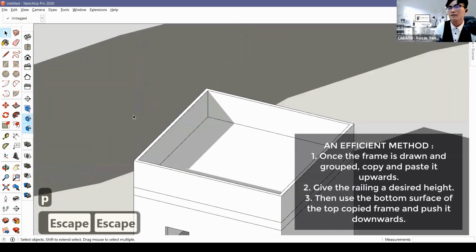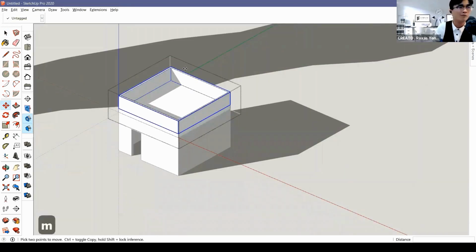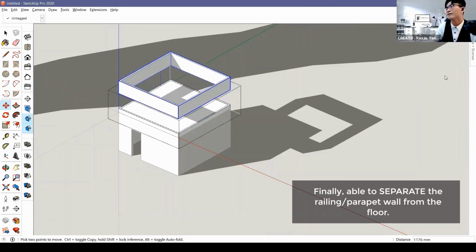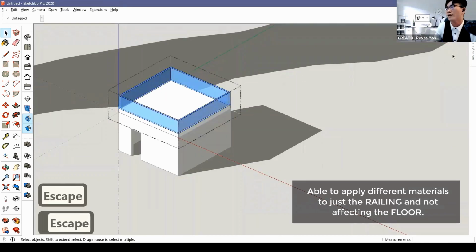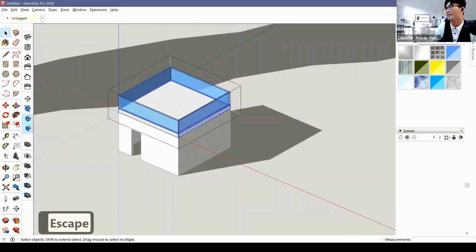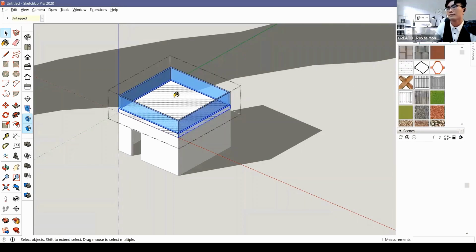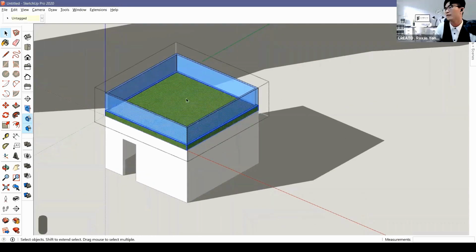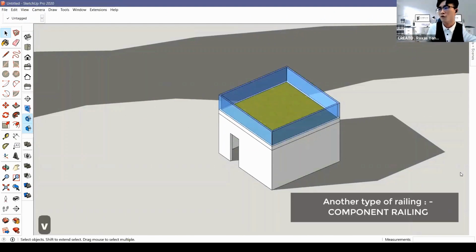Now the good part is this parapet roof: you're able to separate it if you want, and you can apply any kind of material without affecting this floor. This floor you can make green if you want, or if you want just the surface to become green, also can.